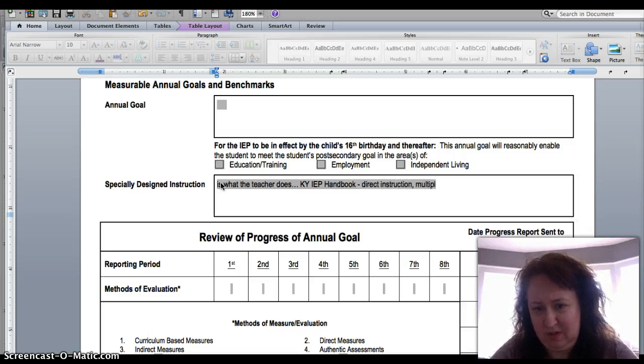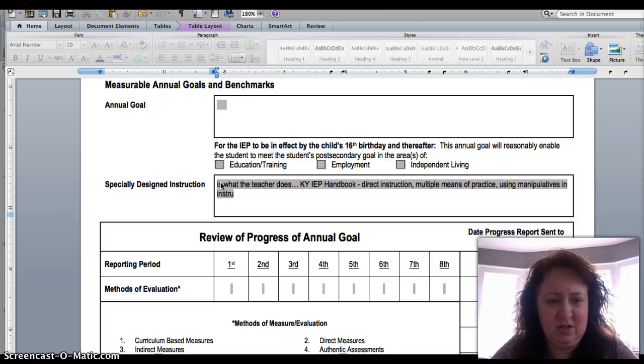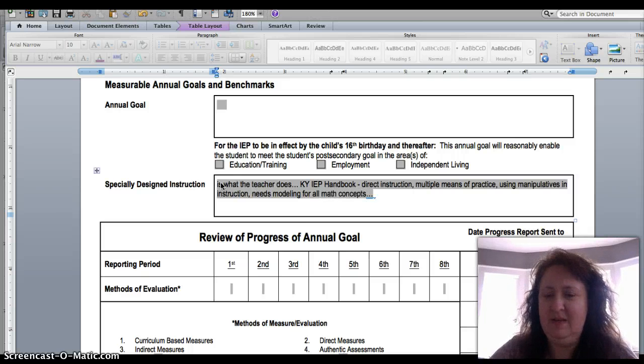This could be multiple means of practice. This could be using manipulatives and instruction needs modeling for all math concepts. So any of these